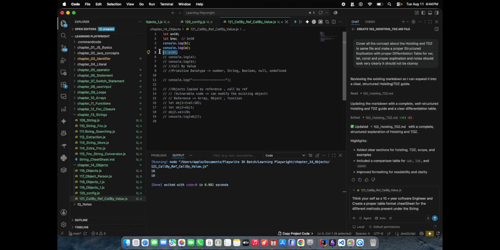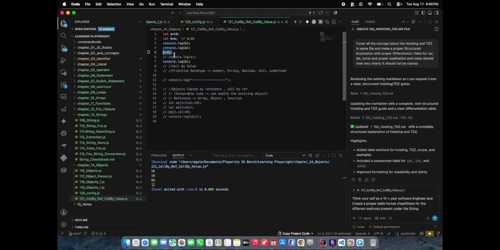Now I will update the value of b, and print b first. The b value is updated, because we are reassigning it.